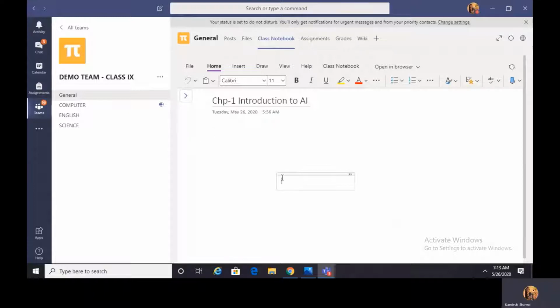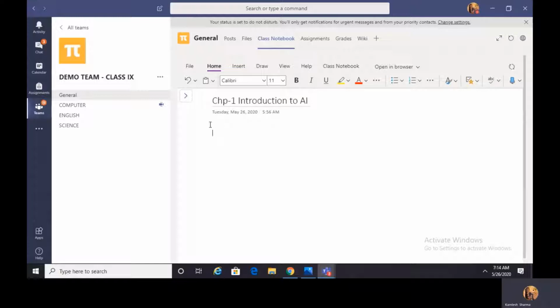Wherever you are going to click, it is going to show you a boundary which is nothing more than a text box which can be dragged anywhere on your page like this. Let me drop my text box here. If you want to delete a text box, suppose you accidentally added content here and now you don't want to keep it, there are two ways. Either you press the backspace or delete key from your keyboard, or alternatively you can select the entire text box and click on delete.